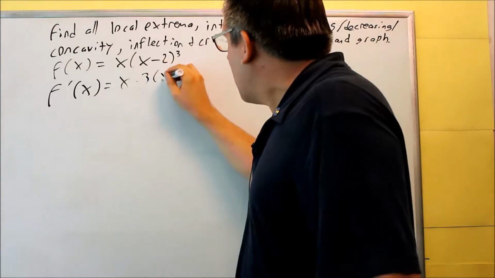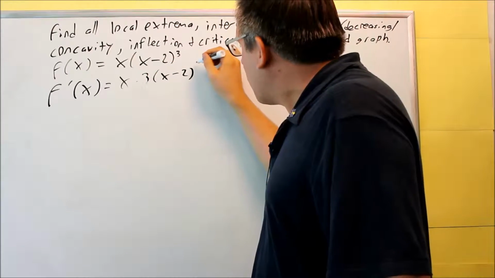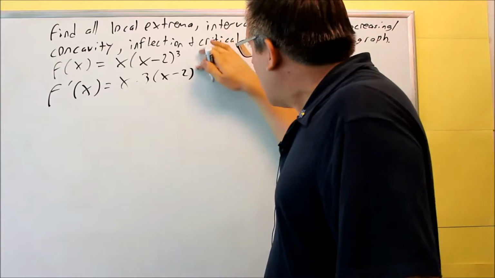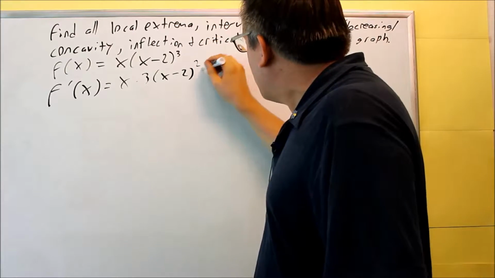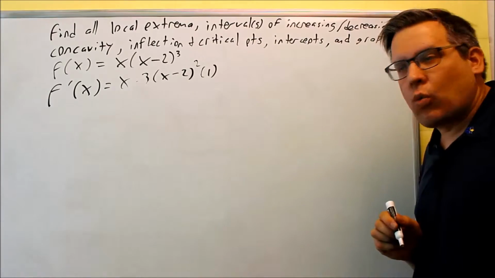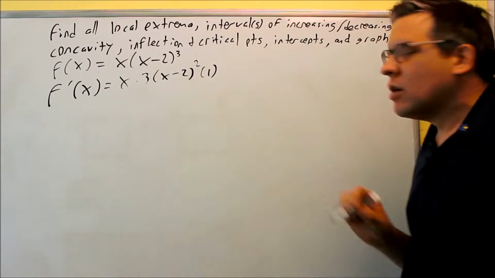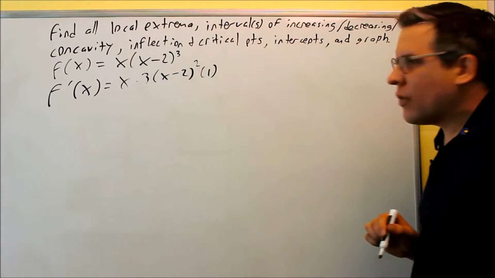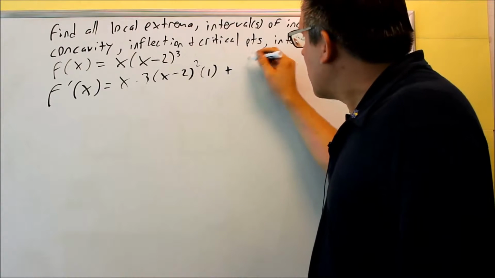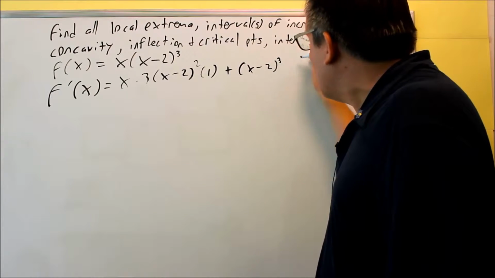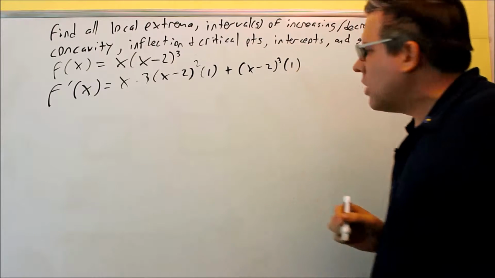So 3 comes down, x minus 2, subtract 1 from the exponent, but then don't forget to multiply by the derivative of the inside, which is going to be a 1. So this whole thing here is the chain rule using the derivative of the second term. We have plus the second piece, x minus 2 cubed, and then derivative of the first going to be times